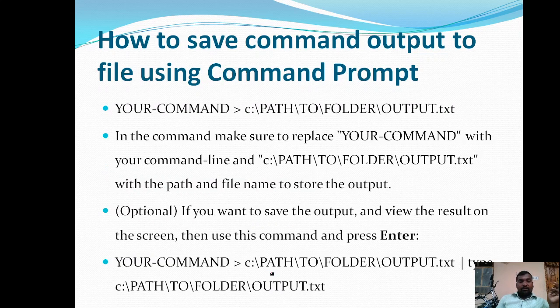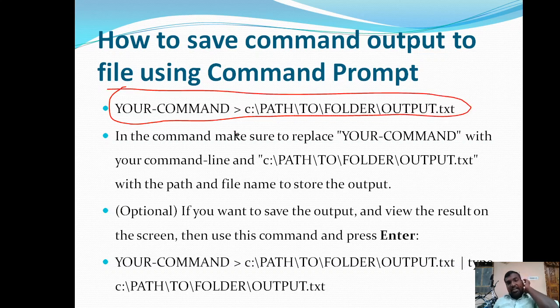This is the command you need to type: your command followed by the greater than symbol, then followed by c colon, path to folder, output dot txt. Here is the path where you want to store, along with the file name in which you want to store the computer specification details.